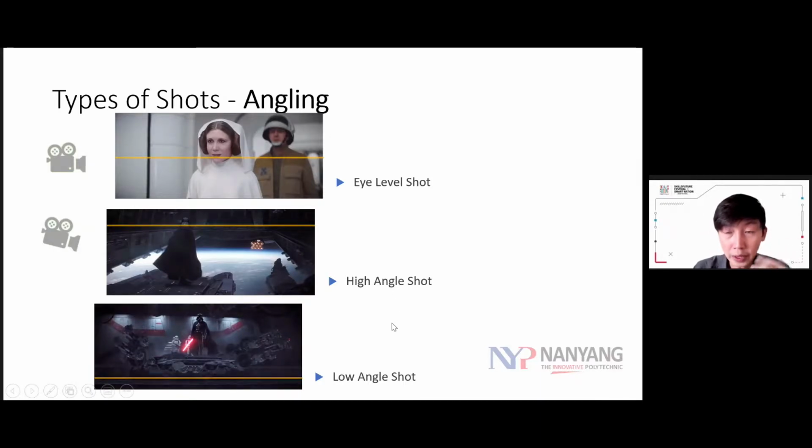Next will be a low angle, so meaning that the camera is actually lower below and then tilting up. So this is to establish